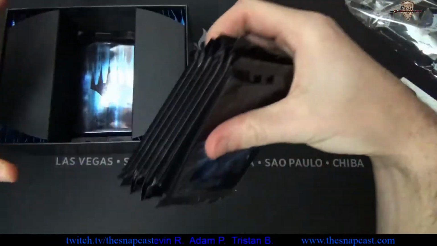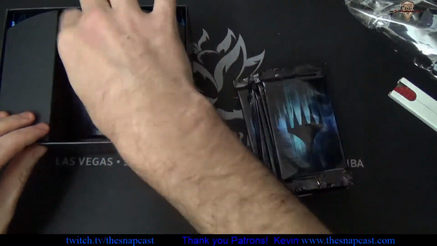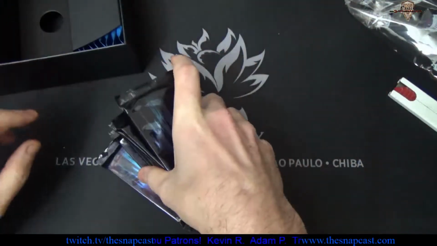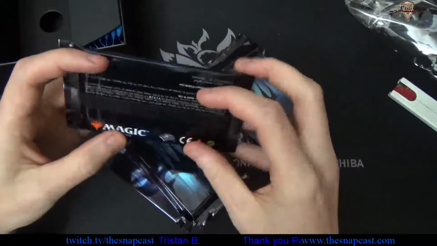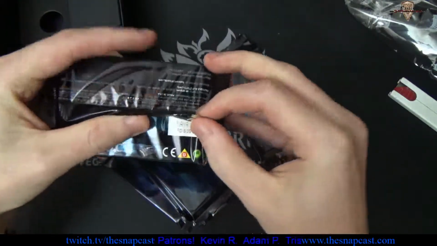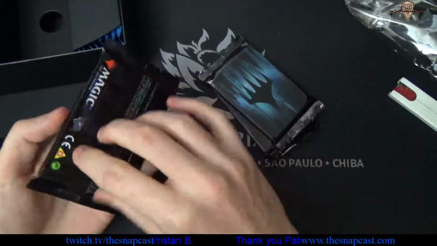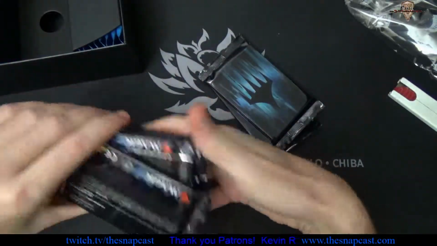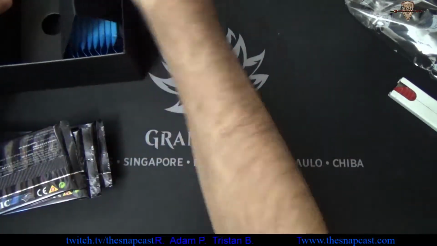So these, 1, 2, 3, 4, 5, 6, 7, and 8. So these 8 right here are the ones, and you can tell by looking underneath what Planeswalker's inside. So you can see there, this one we're going to have Kaya. All right. So instead of me looking to see which ones we're going to open up, as we open all of these packs,